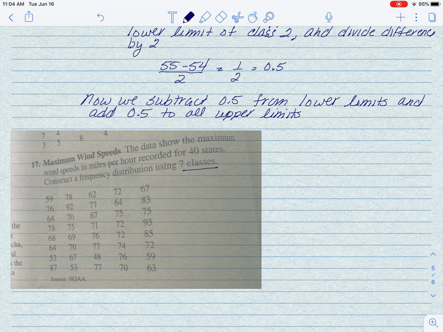I'm going to move this over and separate your data out. When I separated it out, I did it one by one and went through the columns and put each value in there. It's better than going through and looking for all the 50s and all the 60s and all the 70s, because you tend to miss something when you do it that way. But if you go down the columns and make sure every data point gets a tally mark in its appropriate class, then you catch all the tally marks. So when I did that, I got 3 tally marks here, 2 here,